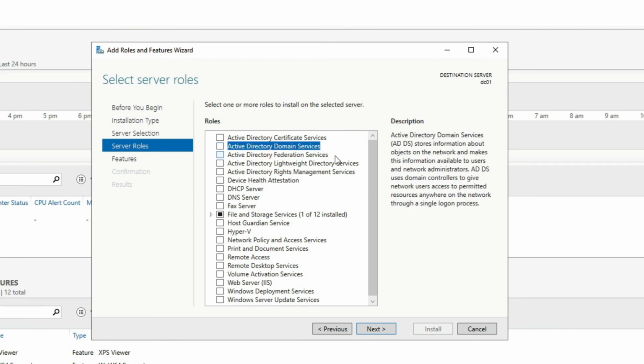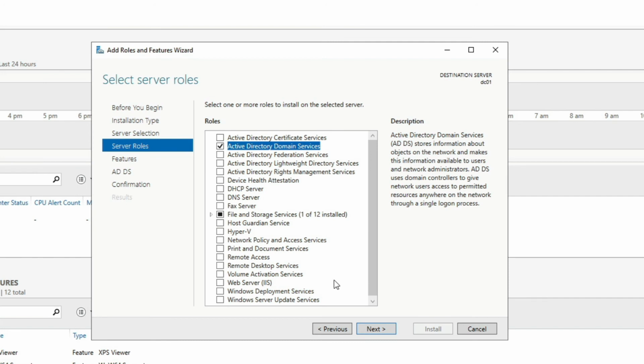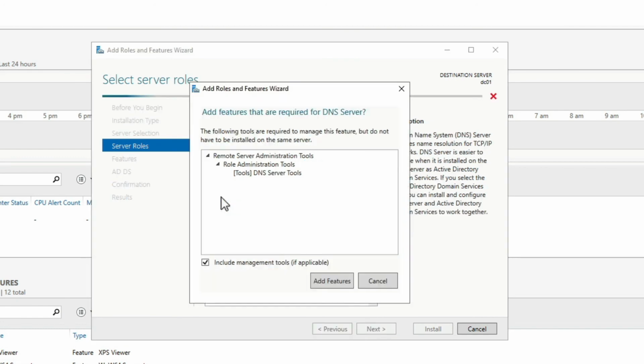What we want to do here is we want to do Active Directory domain services. So we're going to select that. And it tells you the other things it's going to install. The LDS tools, Active Directory module for Windows PowerShell, and under tools you get Active Directory Administrative Center, and snap-ins and command line tools. We're going to say add features. And so we're also going to do DNS, add feature,